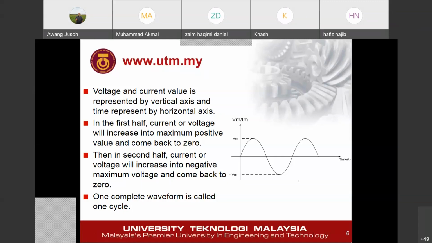A converter in an electrical system. If you want to convert AC to DC, you need an electrical circuit. They call it a rectifier. For example, your handphone charger. Do you know the handphone charger? What is inside your handphone? A battery, right? In order for your handphone or laptop to work, it must have a source, which is a battery. A battery is a DC source.